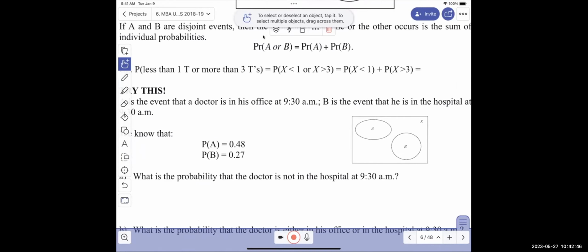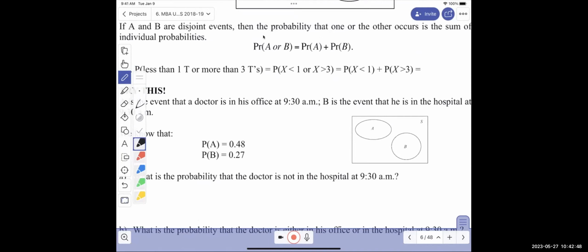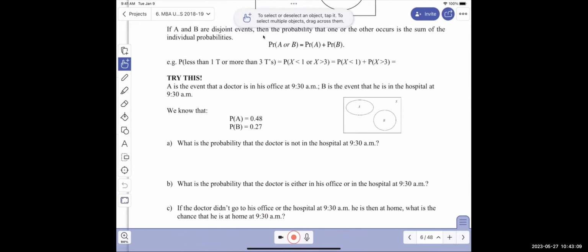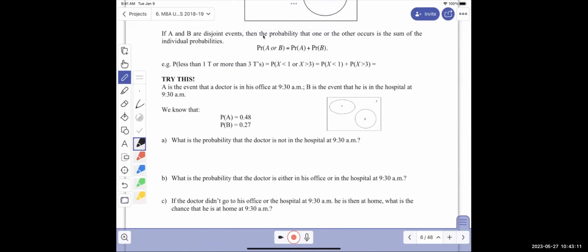Okay, so 48% is A. And 27% is B. So what is the outside part? Let's just define all our spaces. So the outside part would be